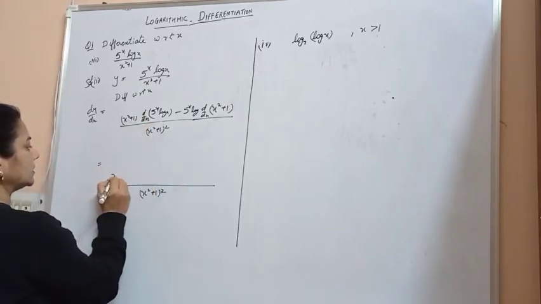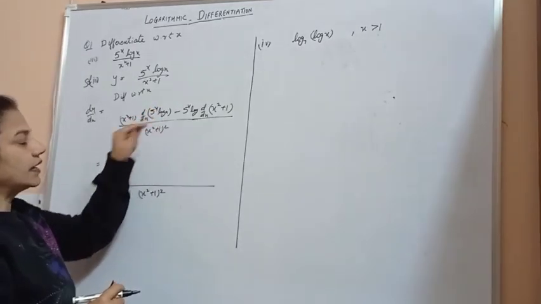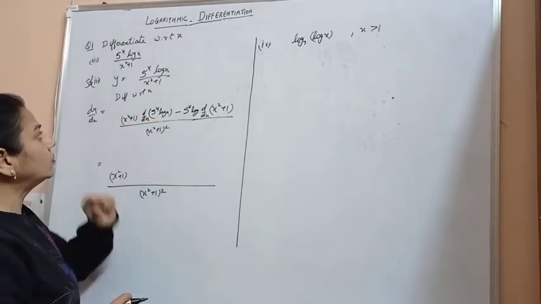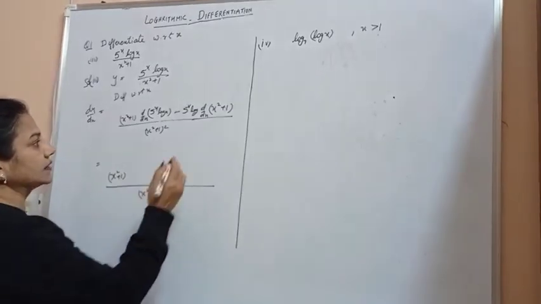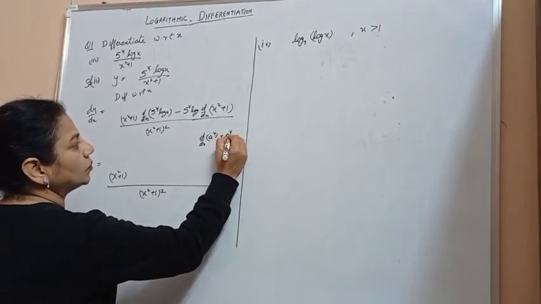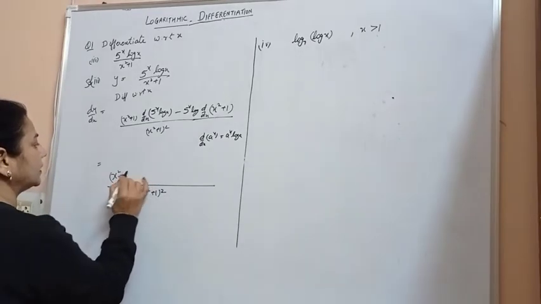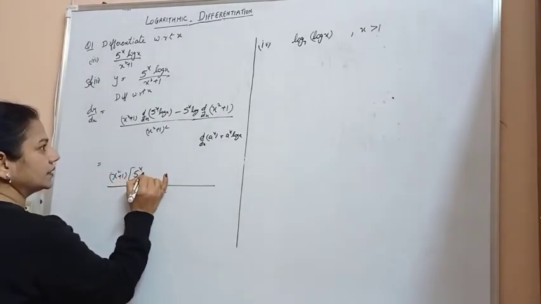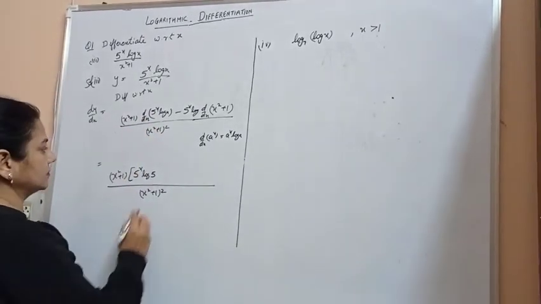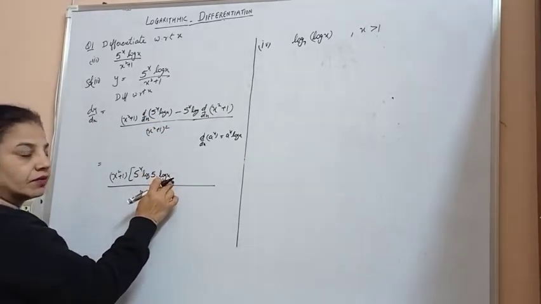derivative of numerator, you can see x square plus 1, and the derivative of 5 to the power x log x. Again we apply the product rule, as there are two functions there, and we know that the derivative of a to the power x is given as a to the power x log a. So in this case a is my 5, so I will write it here as 5 to the power x log 5 into derivative of x, and the function as it is, product rule, first function into derivative of second function